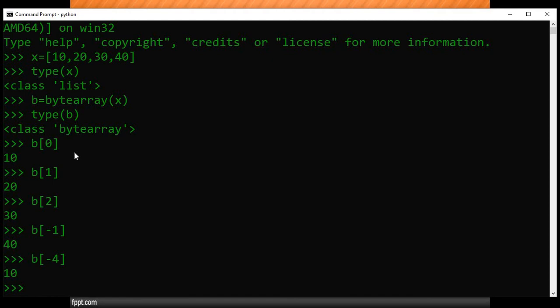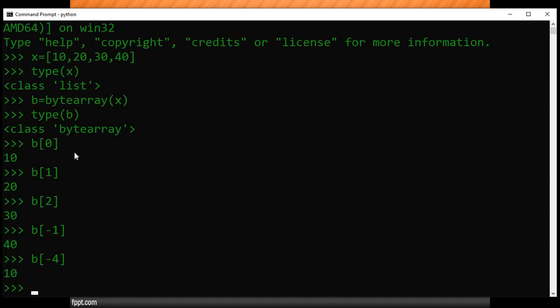Immutable means we cannot change the elements of bytes, but in byte array we are able to change the elements of the byte array. So that is the difference, बाकी common things same हैं. We have a range limit. We can use only 0 to 256 numbers. If we try to use a number beyond that, we get a ValueError. Okay, so don't worry about it.